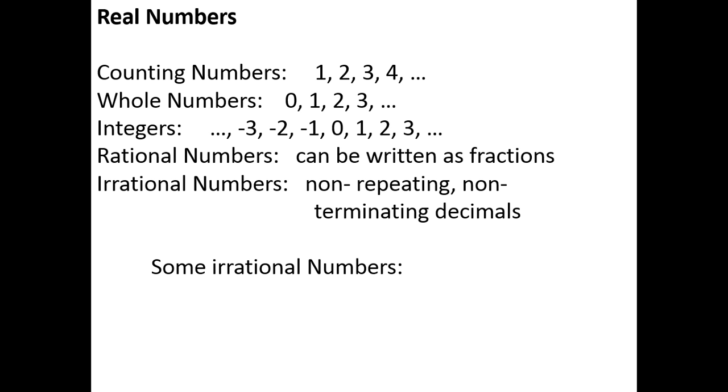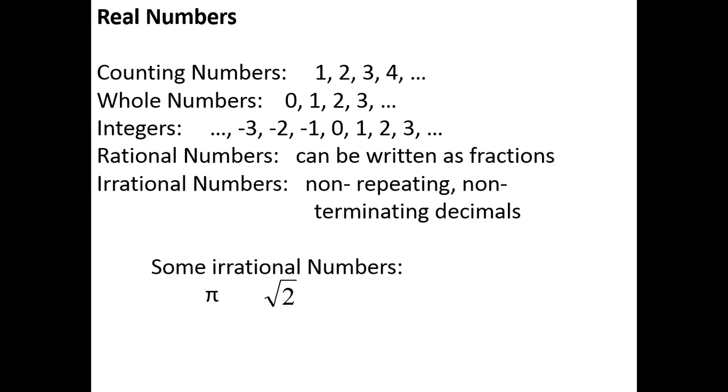Some examples of irrational numbers are numbers like pi. Now we know that pi has a decimal approximation of 3.14, but pi actually is a decimal number that, as a decimal, never repeats and never terminates. Square root of 2 is also an irrational number. We can't write the square root of 2 as a fraction. We could write it as a non-repeating, non-terminating decimal approximation,